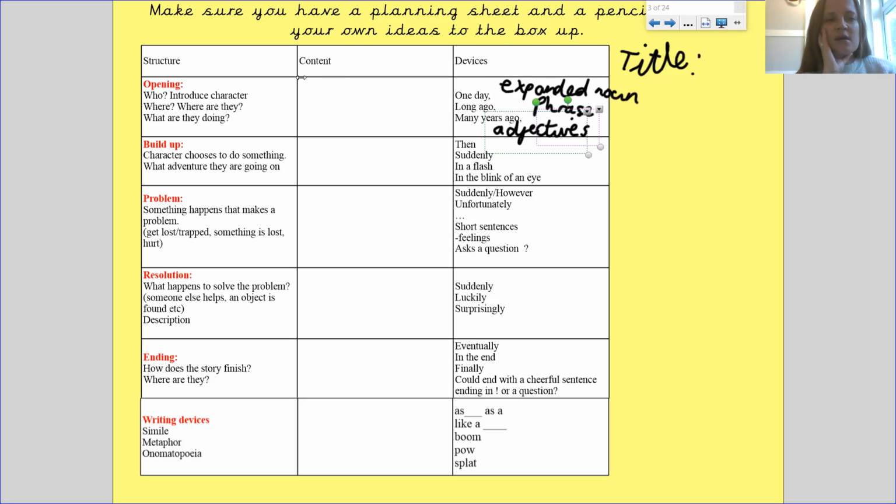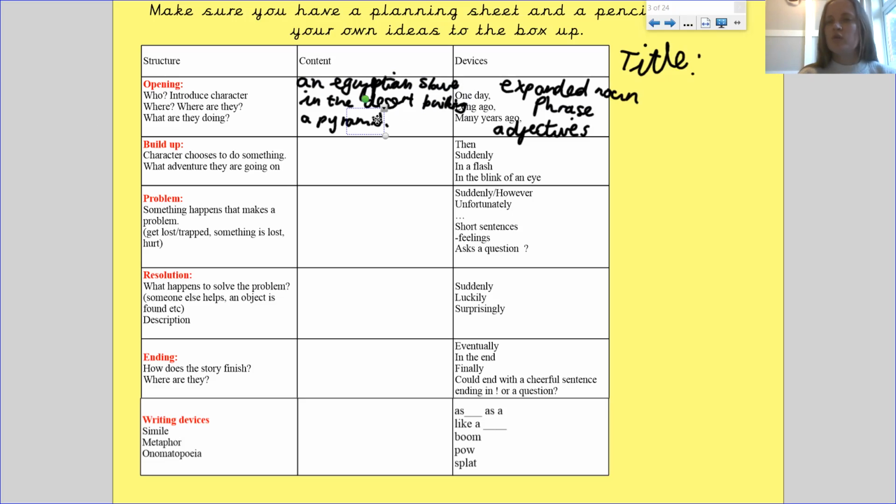And then here I'm going to say my character is going to be an Egyptian man, or an Egyptian slave to be more specific. Okay, where are they? They're going to be in the desert. They're going to be building. And to answer what they're doing, building a pyramid. So I've just got some ideas there. You could